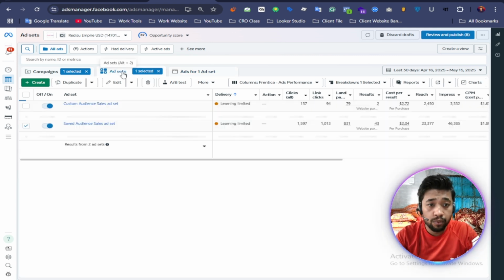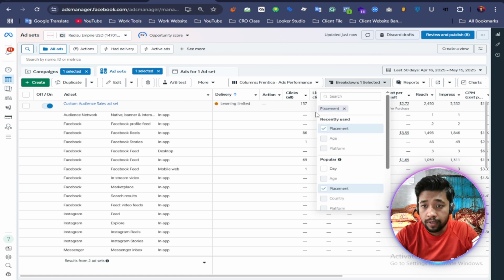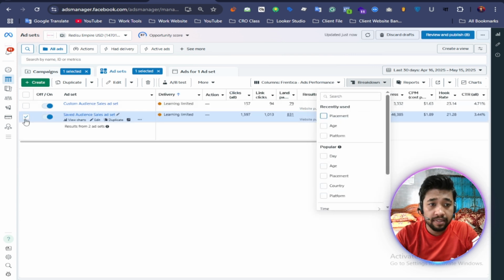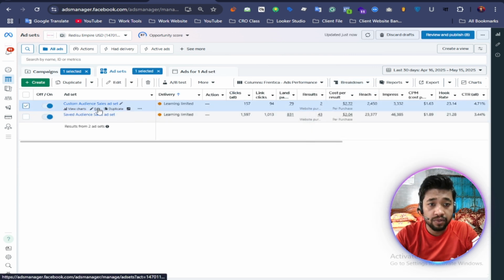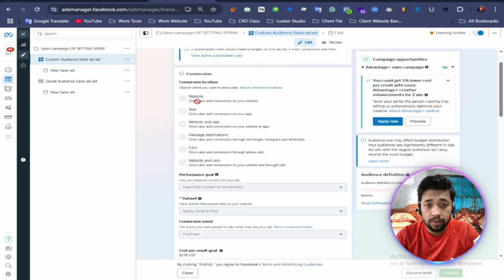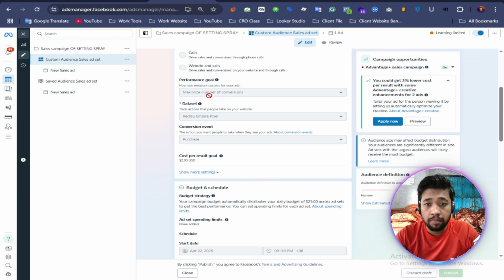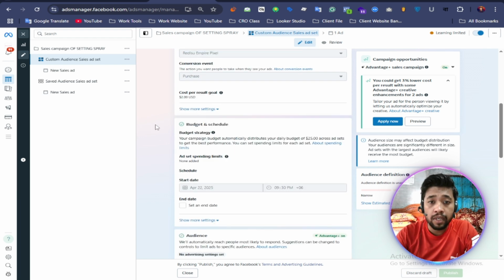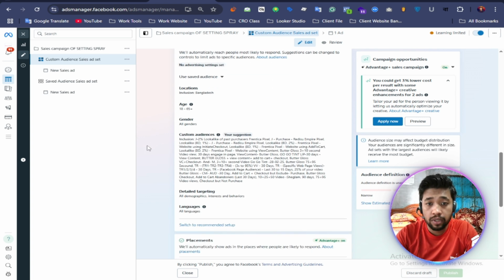Finally, we go inside our campaign to see how to set it up. First, the custom audience: we select the website version, maximum number of conversions, the pixel, and the purchase event. We set a cost per result goal of only $2, the location is Bangladesh, and the age group is 18 to 65.